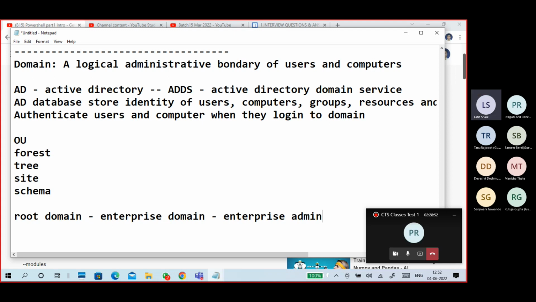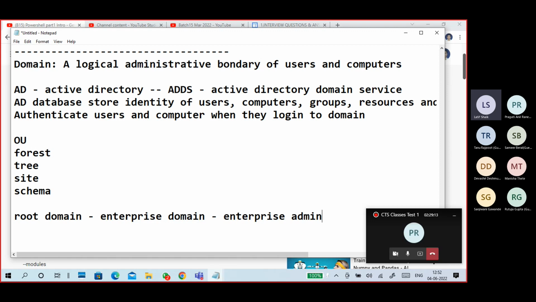Multiple separate trees are there. Some domains are under trees as well, meaning there is a tree domain, a child domain under the tree, and another child domain in the tree, like that we can create. So just go through our old notes, what I explained. So this is forest and tree.